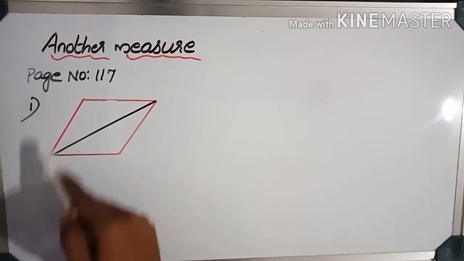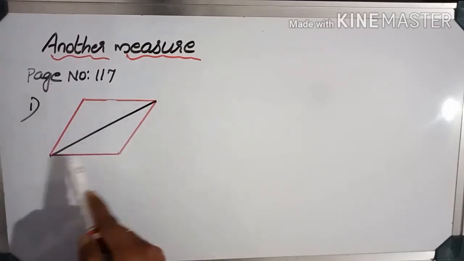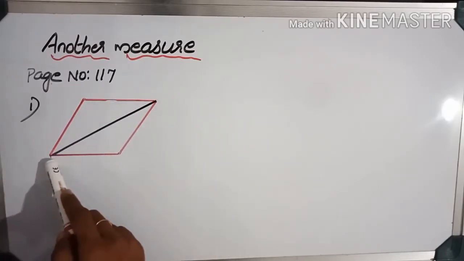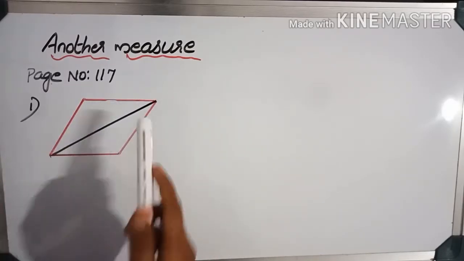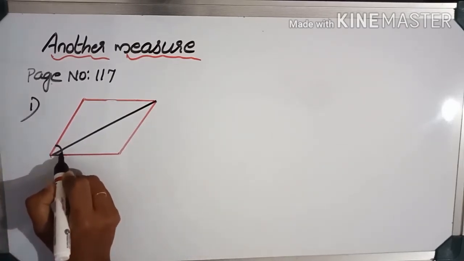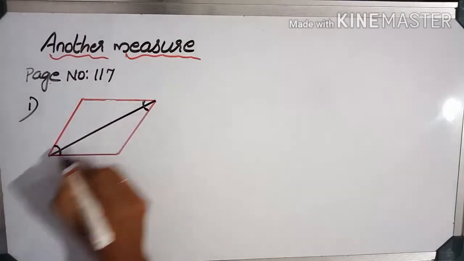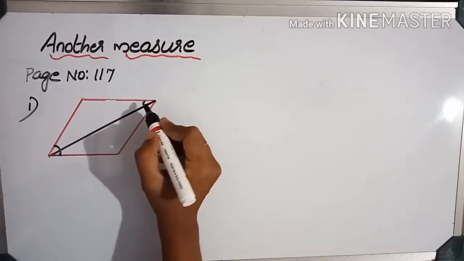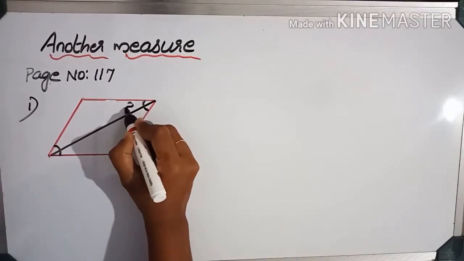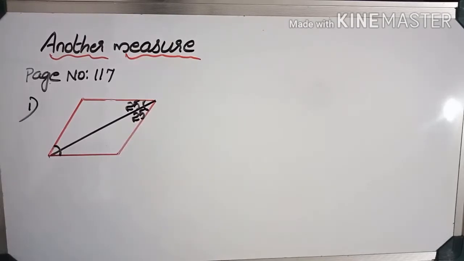So acute here. Rhombus means all the sides are equal. So first draw a rough figure of rhombus. Then the acute angle is here, one obtuse angle here. Given angle is 50 degree. That means this angle will be 50 degree, and this angle and this angle will be 50 degree. And we know the diagonal will divide the angle into two equal halves. That means this is 25 degree and this is also 25 degree, total 50 degree.